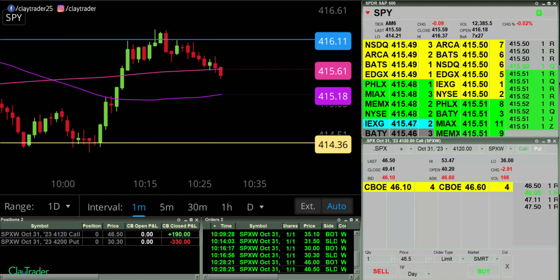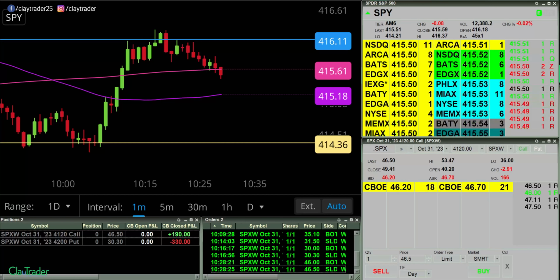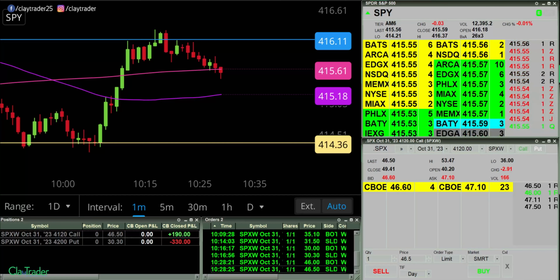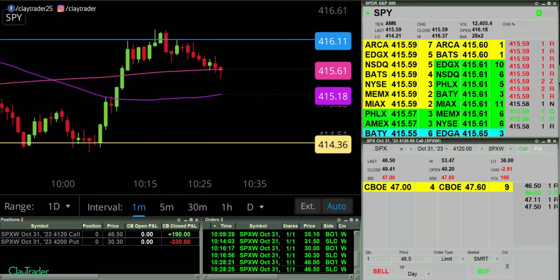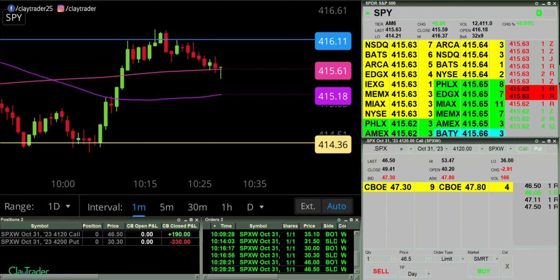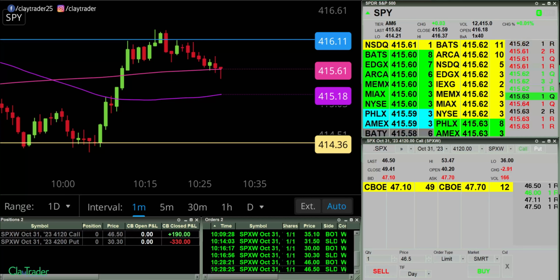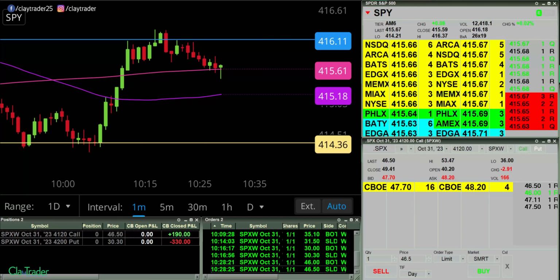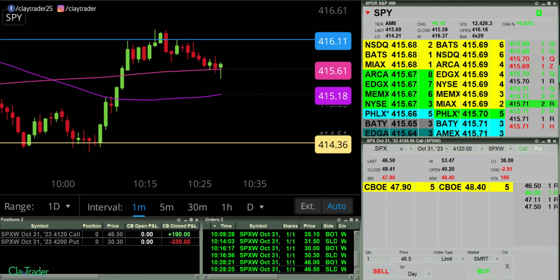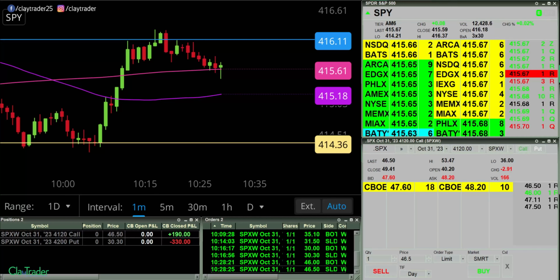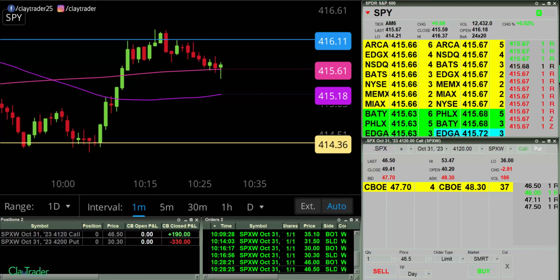Now, I should also note, I am not trying to get back to green in one trade. Do I get back to green on the day? Maybe, but I'm just going to stick with the system, stick with the strategy. And if I can get back to green, fantastic. If not, that's okay. I'm looking at a minor hole. If it gets a little bit bigger, that's okay. But what I want to emphasize there is I'm not trying to get it all back in one trade, because